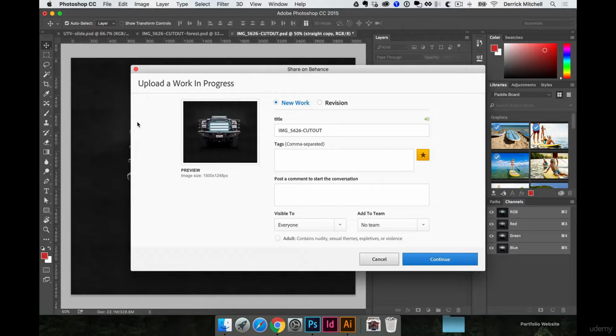and then it's going to open up with the preview of my image and give me the option to set this as new work or revision, and in this case this will be brand new. I haven't put anything up yet for this project. I'll give it a title and I'll just call it Tough Country, and then we can give it some tags. In this case I'll just call it web design,